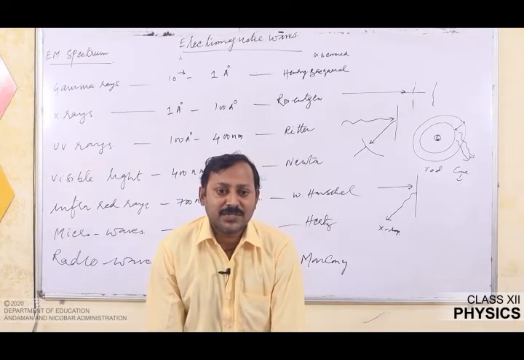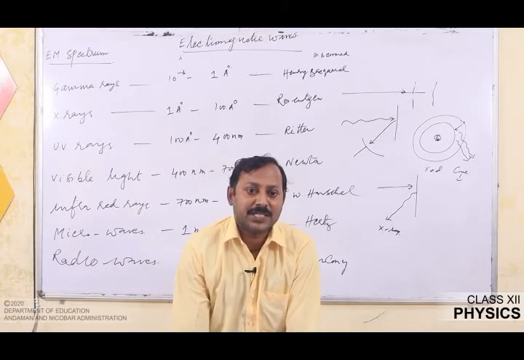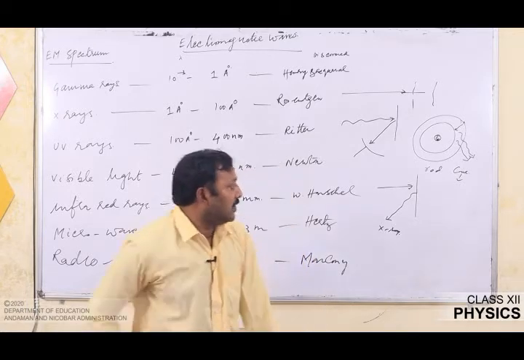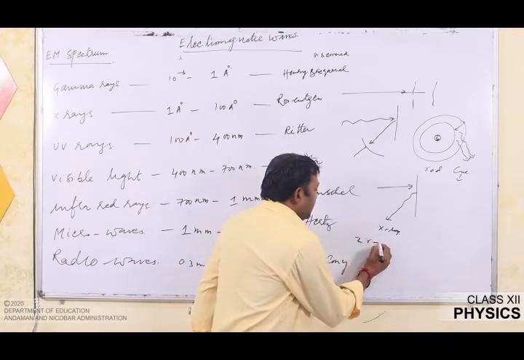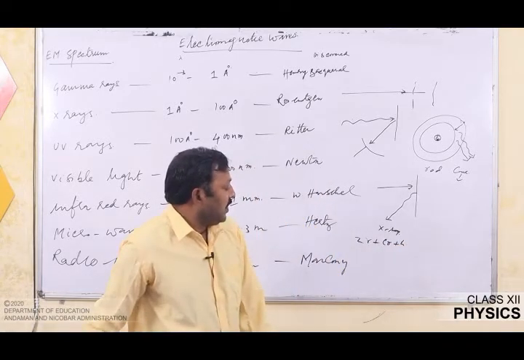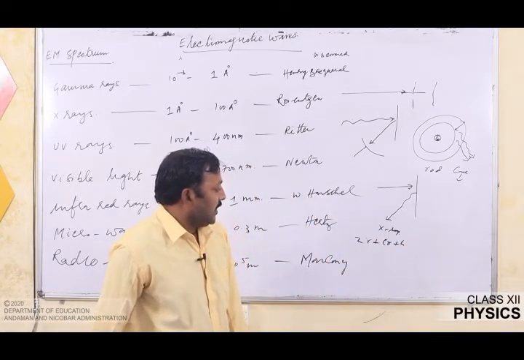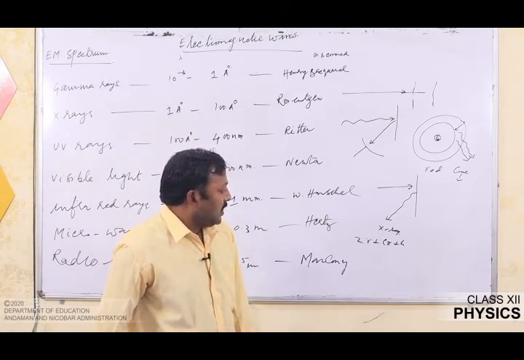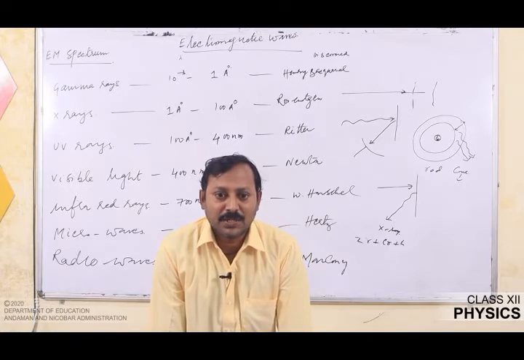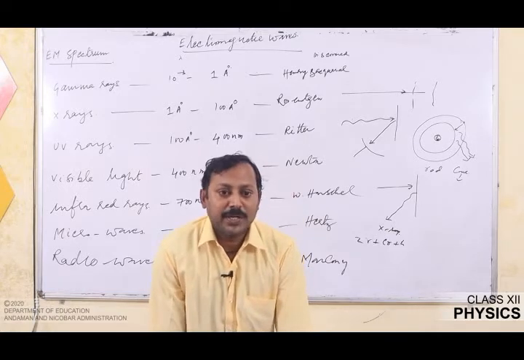Several devices used to produce infrared radiation are globar tubes, laser light, and the Nernst lamp, which consists of zirconium, cesium and thorium oxides. When we heat this filament by passing electric current, hot radiation is emitted. This hot radiation is called infrared radiation, or it can be produced by hot bodies.